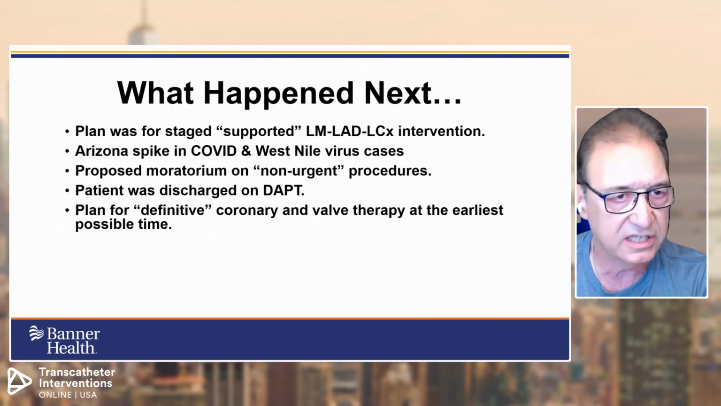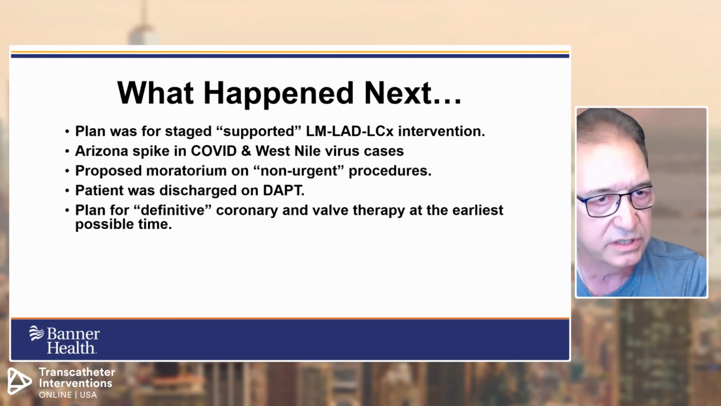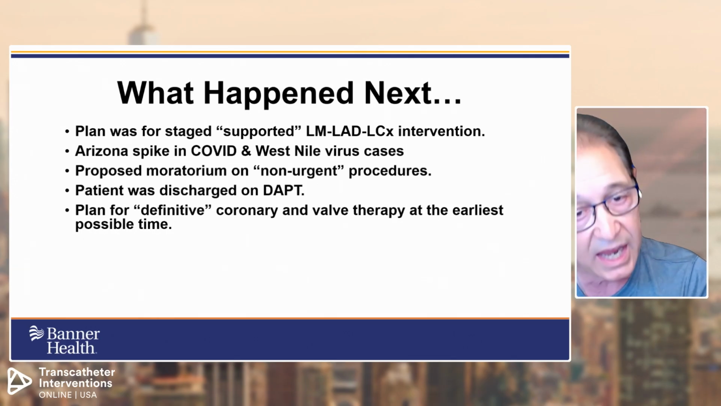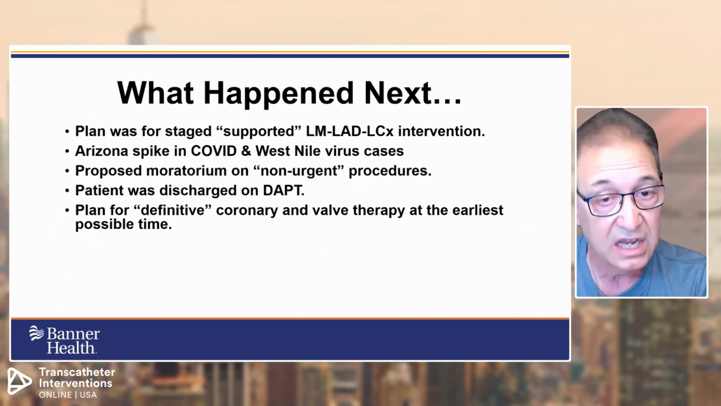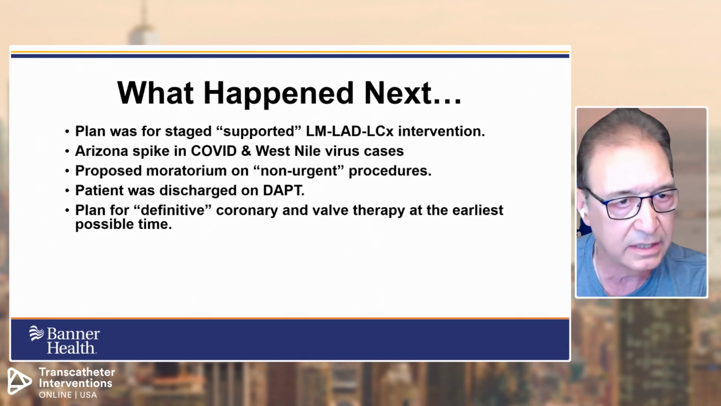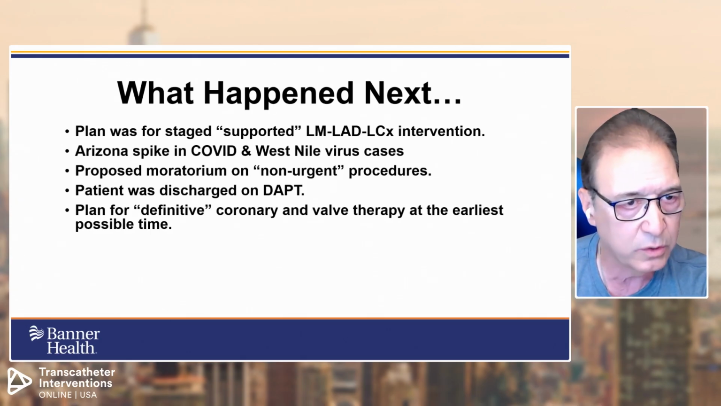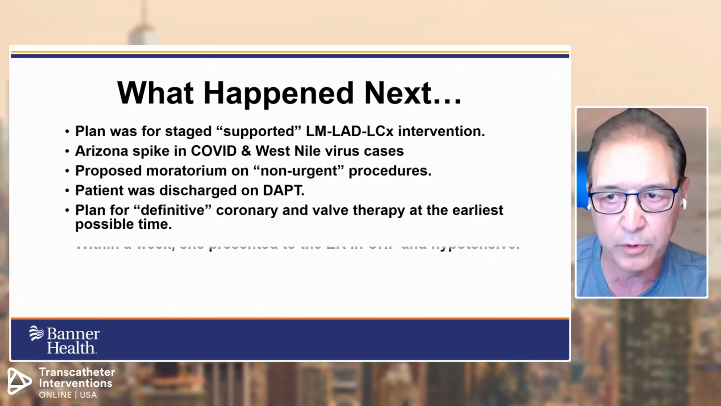Now, at that time, there was a spike in COVID. It was the most recent spike in COVID that we had in Arizona. And Arizona was also known during that same summer, the summer of 2023, to have a spike in West Nile virus cases. So our hospital was pretty much taken up by cases of COVID and West Nile. So there was a statewide moratorium on non-urgent cases, and we weren't certain when we were going to be able